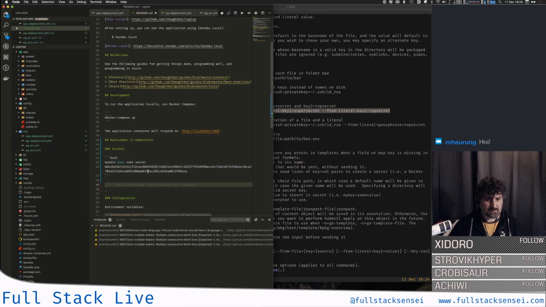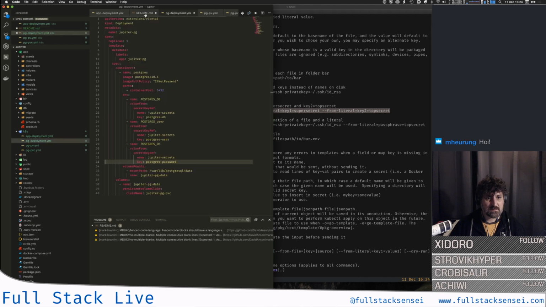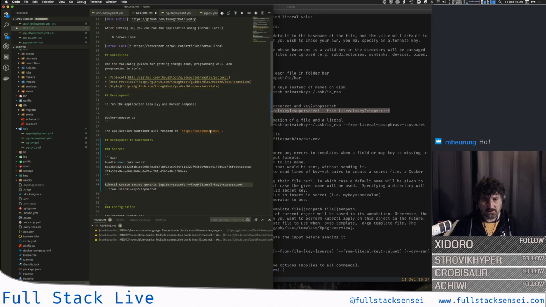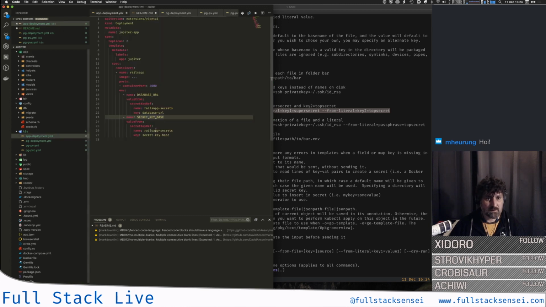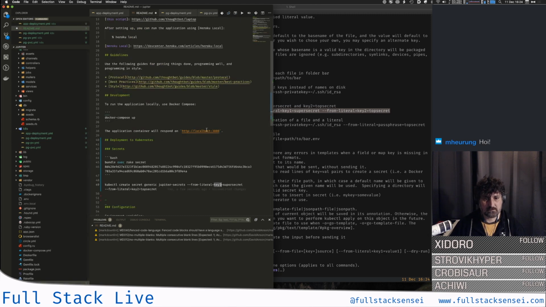So I basically can do something like kubectl create secret generic jupyter-secrets, I think. And then I'll say secret key base equals